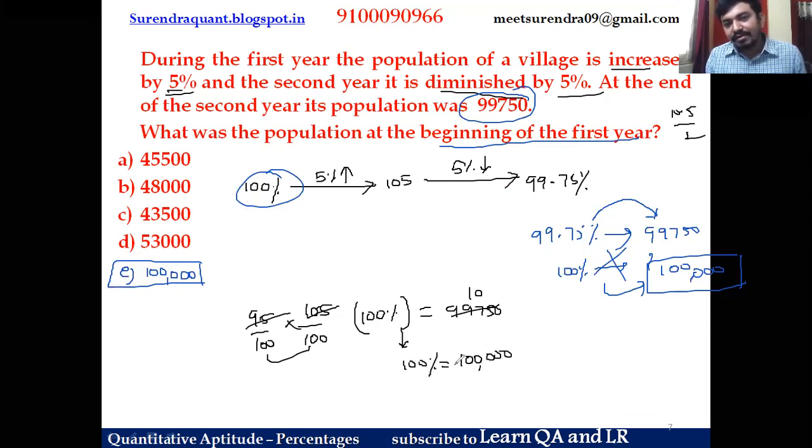So in this way, you can learn percentage increments or decrements in various methods. We discussed totally 3 methods, friends. Those are the percentage 100% model, then the A plus B plus AB by 100 model, and then the successive multiplying factors model. But I firmly believe that the successive multiplying factors method is the best out of all, because even for 4 or 5% changes, it will give accurate answers. But the A plus B plus AB by 100 model is very limited in its scope. Whenever there are 2 variables, you can apply that.